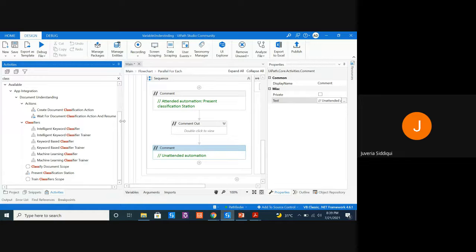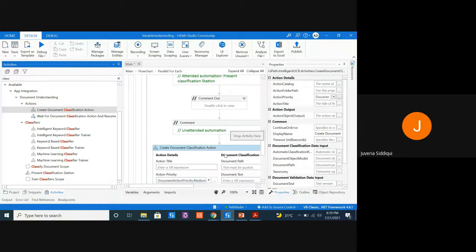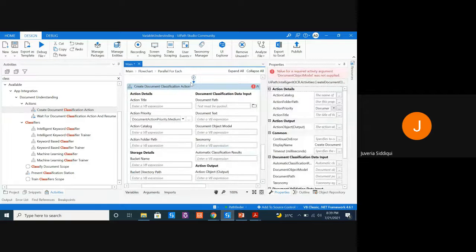Let's use that. First, we are going to create an action to do in the Action Center. For that, you have Create Document Classification Action. Give a good title. What I usually do is create the actions with the file name.